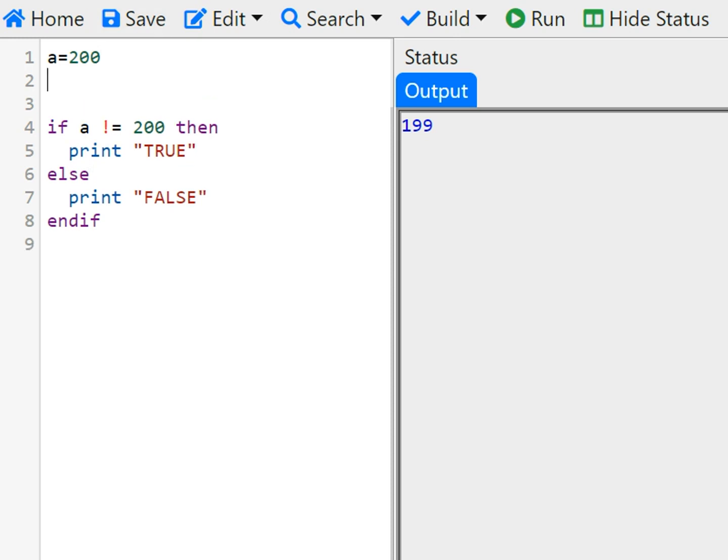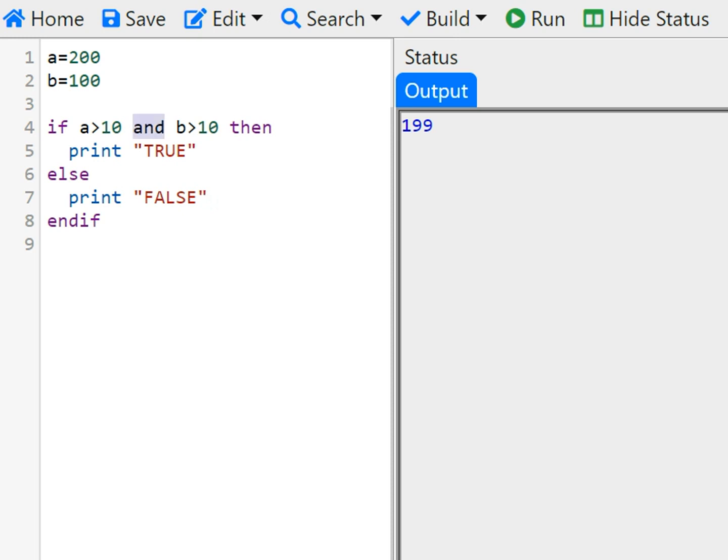So assume that you have two variables and you want to create an if condition where you compare both variables. In the previous example, we were actually just comparing one variable, that a is greater than 10 or something like that. Say you want to compare both a and b, that is, you want the condition to be true when a is greater than 10 and b is greater than 10. How would you do that? For that, VW Basic has an operator called an AND operator.